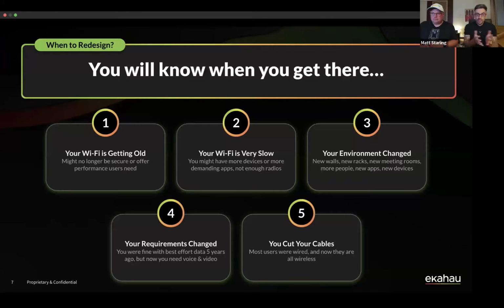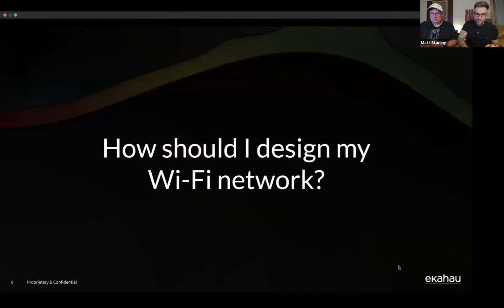And the last thing that we put there is you want to cut ties with those cables. We know it's expensive to run cable to all of your desktops, all of your different physical locations inside of your environment. It's a lot cheaper to put in wireless access points and then be able to provide connectivity for multiple devices rather than just one device, save on switch ports, save on cabling, and it can just be a lot more efficient. Those are some of the reasons that you might be looking to redefine or redesign your wireless network. If I've missed any or this doesn't quite cover what you do for your environment, let us know in the chat. I'd love to see some of those things coming in there.